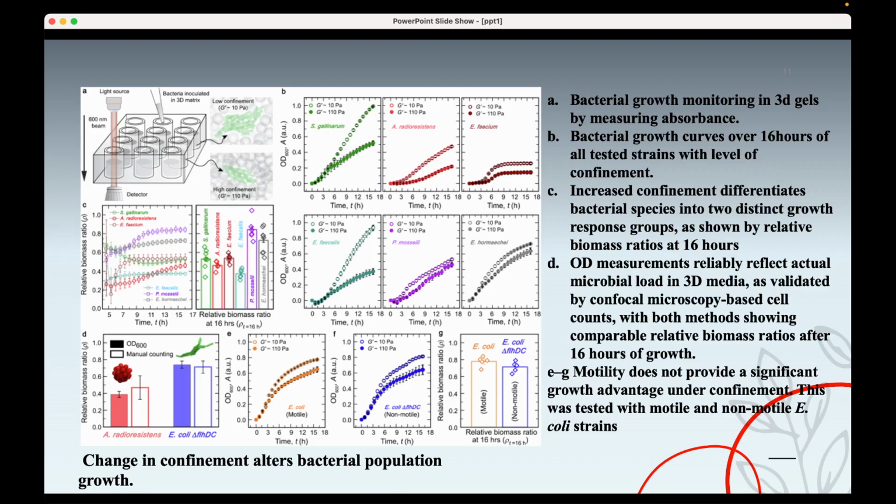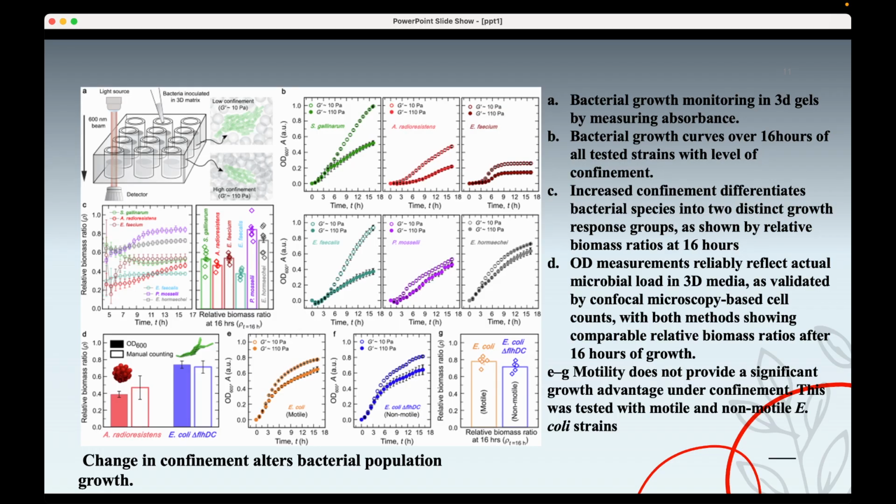Bacterial growth monitoring in 3D gels by measuring absorbance, and here in B, bacterial growth curves over 16 hours of all tested strains with levels of confinement. And here in C, increased confinement differentiates bacterial species into two distinct growth response groups, as shown by the relative biomass ratios at 16 hours. Here, next,